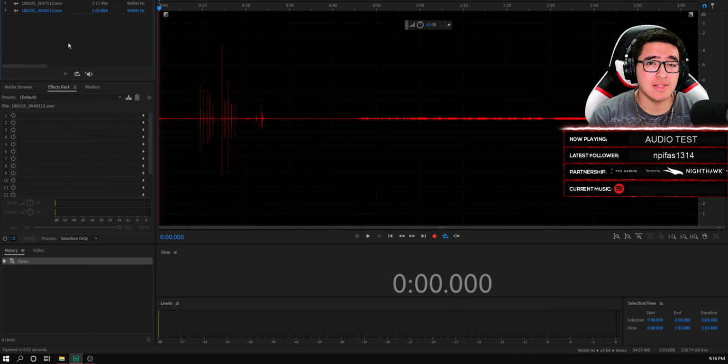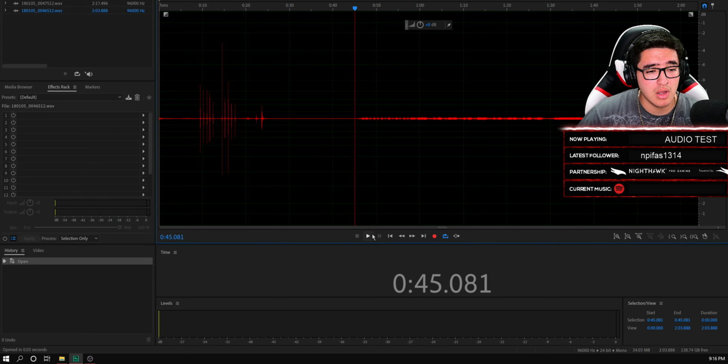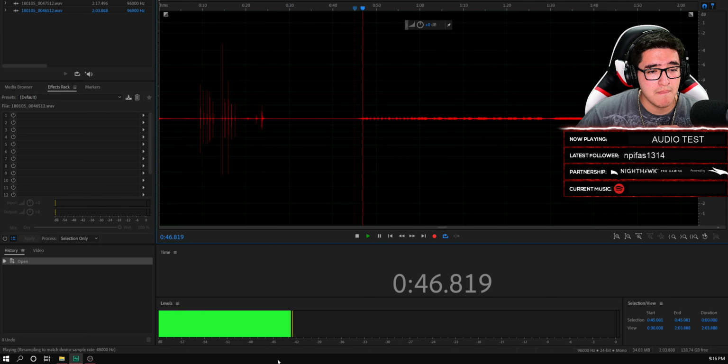Alright you guys, so now we did the sound test, and now I want to visually show you how the audio looks. We are in Adobe Audition. I transferred both the before and after I apply the acoustic fabric panels, and this is the before. If we go over the part when it starts to pretty much go out, you can see down here